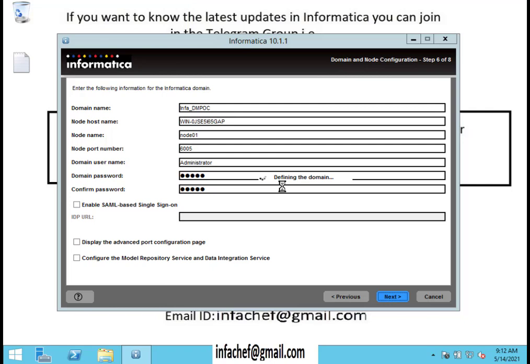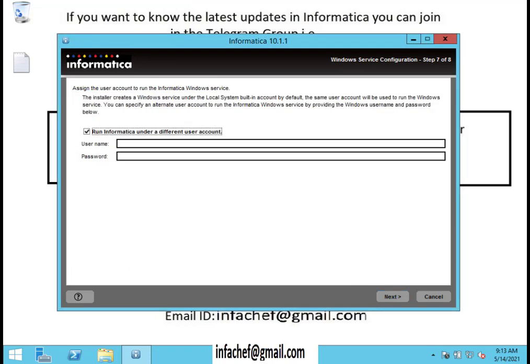So it's trying to execute the commands. It will be defining the domain and it will ping the domain, and it will create an administrator user ID and try to ping the domain again. So all the steps will take some time to create the items. It's trying to register the plugins as per our license. It's trying to register the plugins here. So it will register all the connectors within that, and it will download and configure the plugins also.